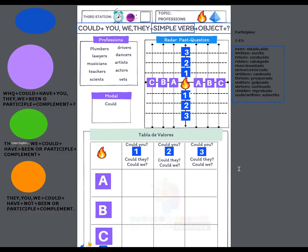I'm going to create one example and you are going to do the other one, okay? So I'm going to choose, for example, I'm going to say that my word is dancers. I'm going to do something with dancers, okay? You can start, you can say whatever you want with dancers, okay? And I'm going to choose, for example, 3A, okay? And I'm going to say, because we enjoy